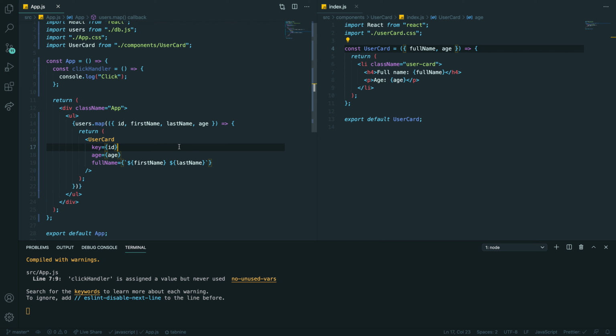Yeah, I think it's nicer. So we're taking the user, destructuring stuff that we need, and sending this stuff, and here we even combine to full name, and here we just receive the full name and the age.